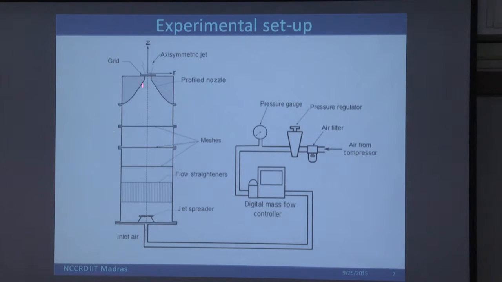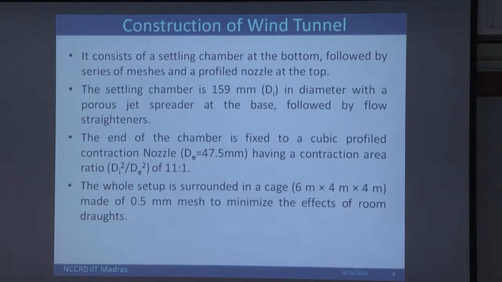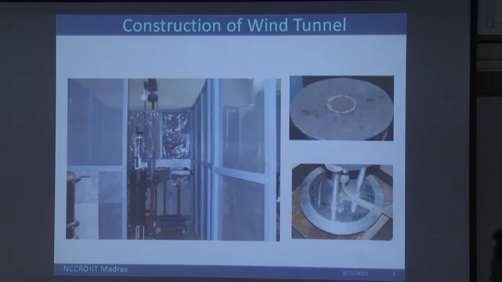The flow accelerates. What it does is it takes the turbulence and converts the turbulent kinetic energy in accelerating. So the turbulent kinetic energy comes down, and so the turbulent intensity comes down. So the jet issued from this nozzle would be essentially a jet having low turbulent intensity, and the flow can be controlled using a digital mass flow meter.